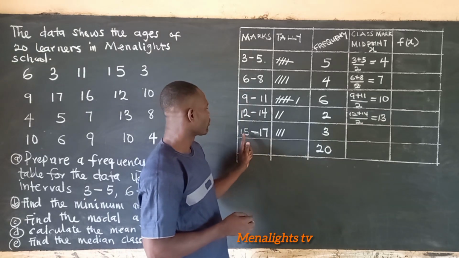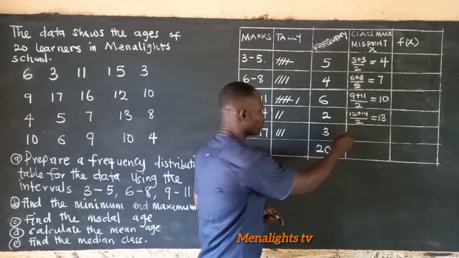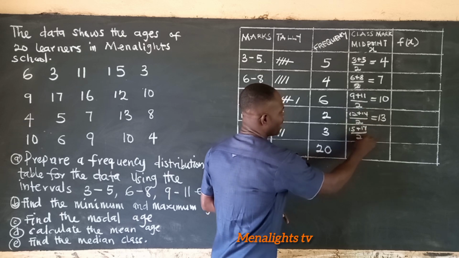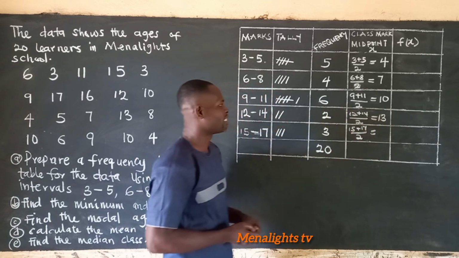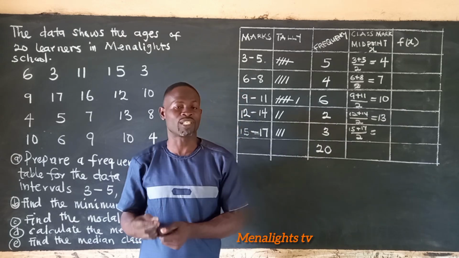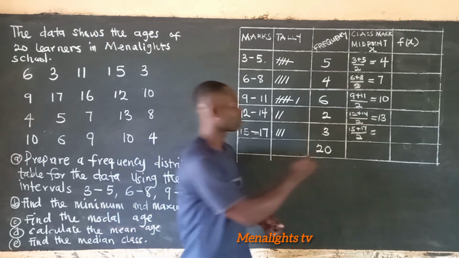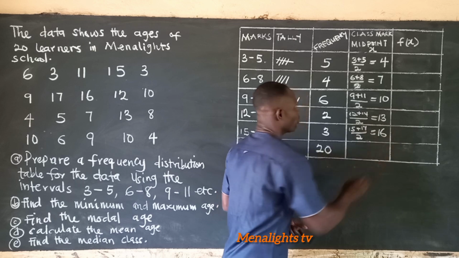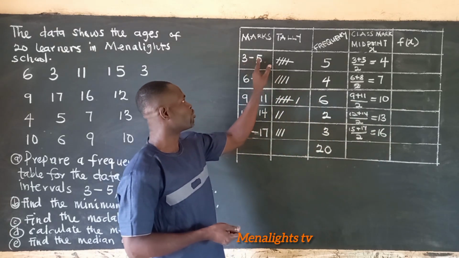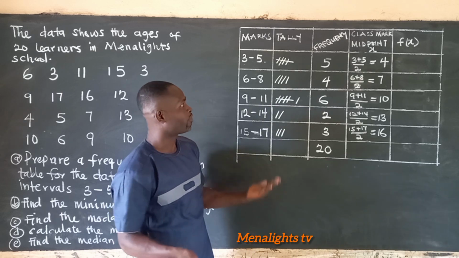Then we come to 15 and 17. So 15 plus 17 divided by 2. So 15 and 17 will give us 32. We divide 32 by 2, we will get what? 16. So that is about the midpoint. So the midpoint is when you add the 2 and divide it by 2, then you have the midpoint